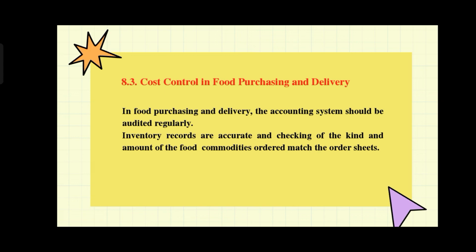So to recapitulate, this includes, for example, making a price survey over the phone or by bidding. So be sure to compare equal amounts, brand, and other specifications for a particular commodity. Then next, buying from reliable suppliers and reputable sources, deciding on the terms of payment, and they should be in